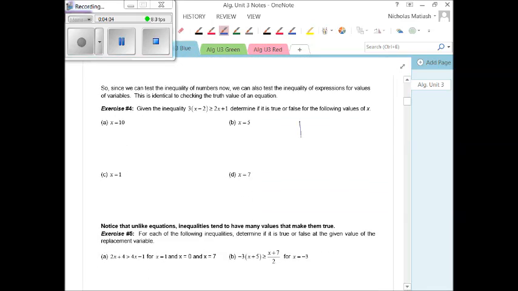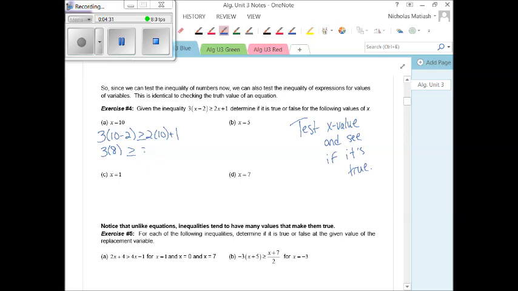And then letter C, same concept, just reading it to yourself, trying to figure out if it's true or false. That's it. So that's all page 1 of day 1. Like I said, not too crazy, nothing too outstanding for that. So exercise 4 is the same type of concept, except we're going to test an x